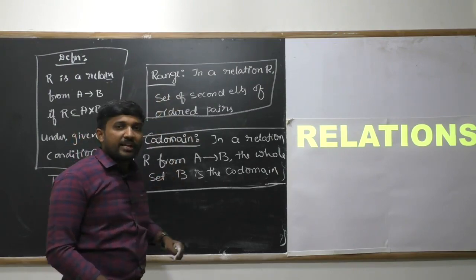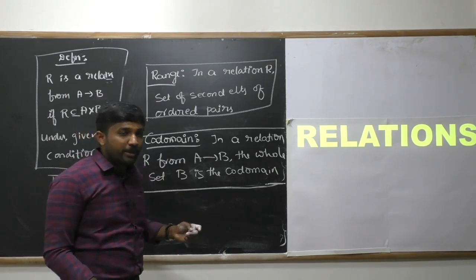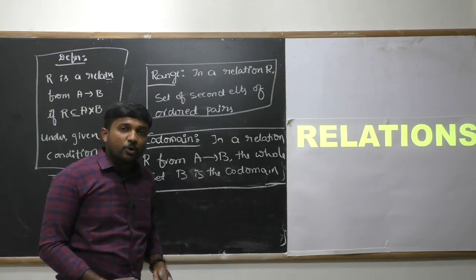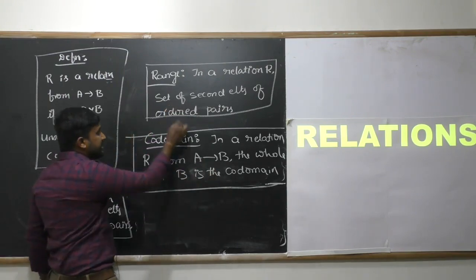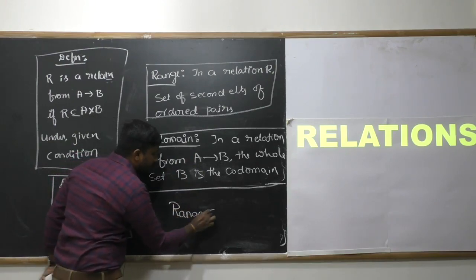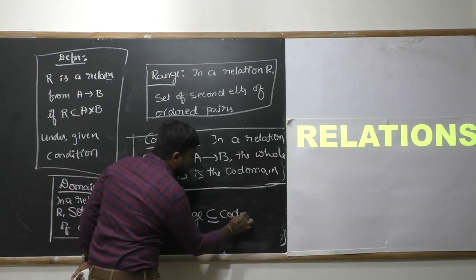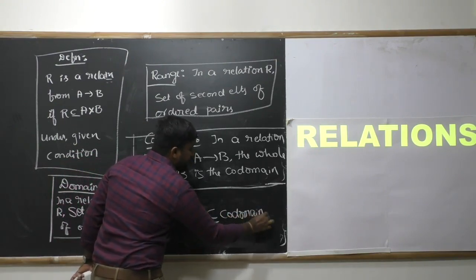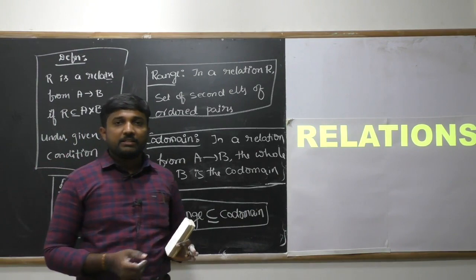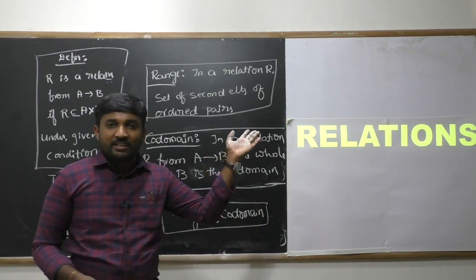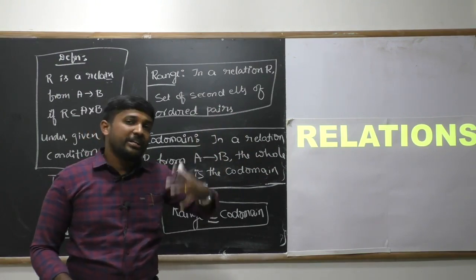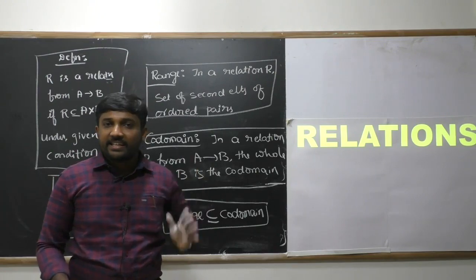And fourth definition is the codomain. What is codomain? In a relation R from set A to B, the second set B is the codomain. Now what is the relation between range and codomain? Please note that condition also. Range is the subset of codomain. ಇದೊಂದು ರಿಲೇಷನ್ ನೀವು ಯಾವಾಗಲೂ ನೆನ್ಪಿಟ್ಕೋಬೇಕಾಗುತ್ತೆ. ಸೊ ನಾವು ಪ್ರೀವಿಯಸ್ ಎಕ್ಸಾಂಪಲ್ ಏನು, ಎಲಿಮೆಂಟ್ಸ್ ಆಫ್ ಸೆಟ್ ಎ ಆರ್ ದ ಸನ್ ಆಫ್ ಎಲಿಮೆಂಟ್ಸ್ ಆಫ್ ಸೆಟ್ ಬಿ. ಫಸ್ಟ್ ಈ ಎಕ್ಸಾಂಪಲ್ ಅನ್ನು ನೀವು ನೆನ್ಪಿಟ್ಕೊಂಡ್ರೆ ನಿಮಗೆ ಡೆಫಿನೇಷನ್ ಆಫ್ ರಿಲೇಷನ್ ಕ್ಲಿಯರ್ ಆಗಿ ಅರ್ಥ ಆಗುತ್ತೆ.